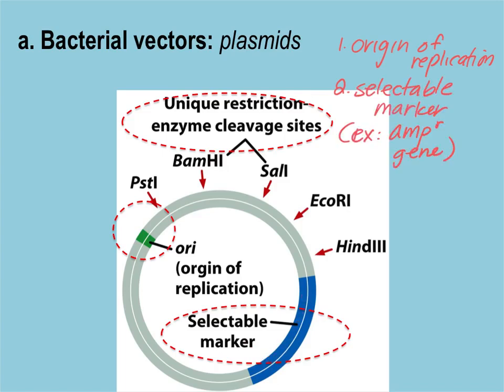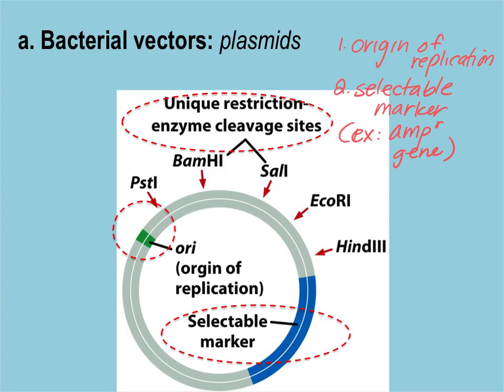The third thing that we did not talk about in lab is that plasmids for cloning a piece of DNA often contain what we call a polycloning site, also known as a multiple cloning site, or MCS. And all that refers to is an area of the plasmid where scientists have engineered a ton of unique restriction sites where various restriction endonucleases would recognize their sequence and can cut there if you incubate this plasmid DNA with